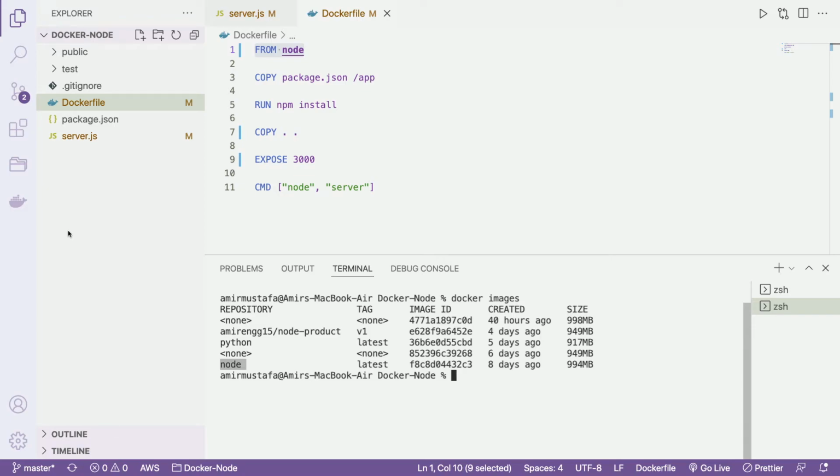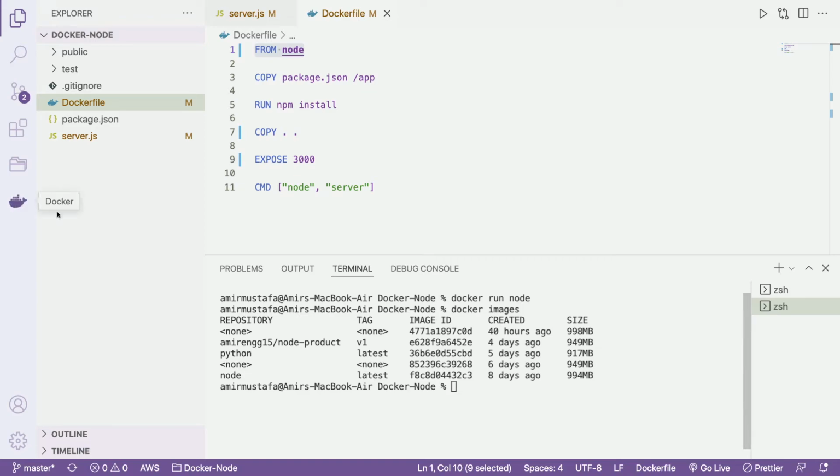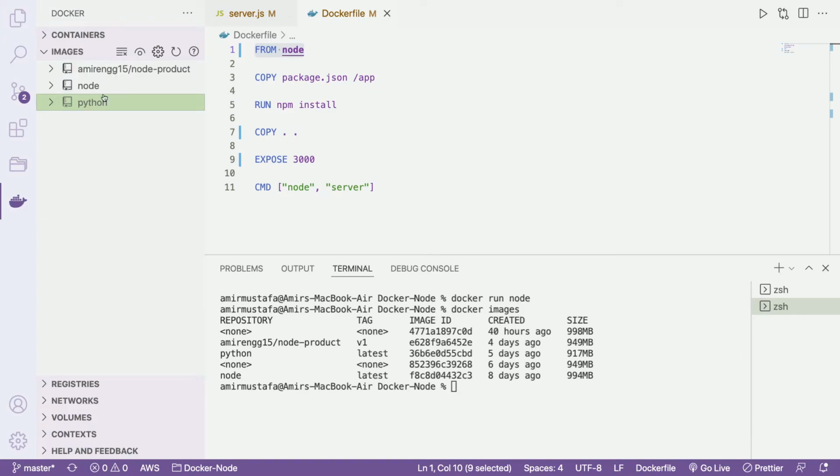Another interesting way we can see is using Docker. Initially it was not there, so now we have a node version over here. We can click here, we can see it is created. Now what we'll do,